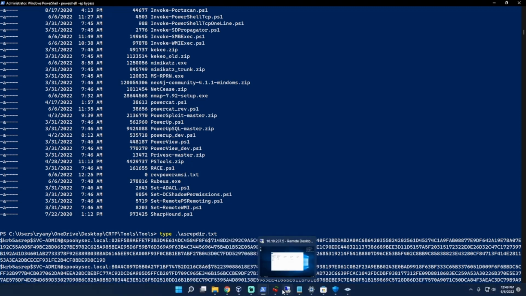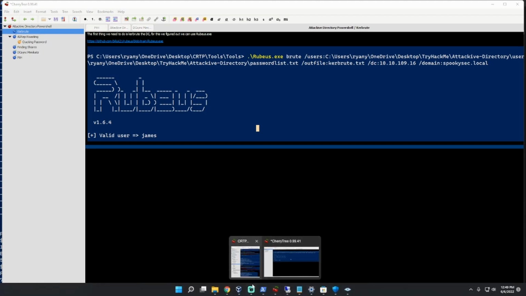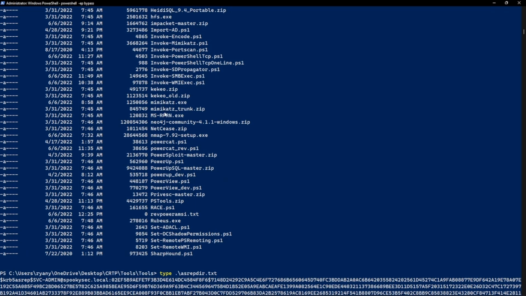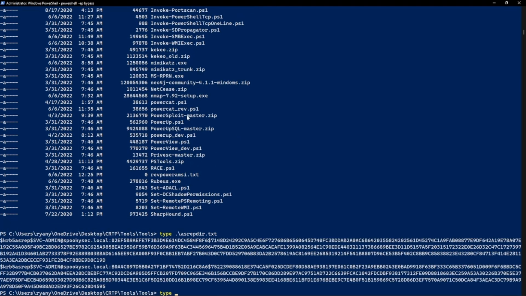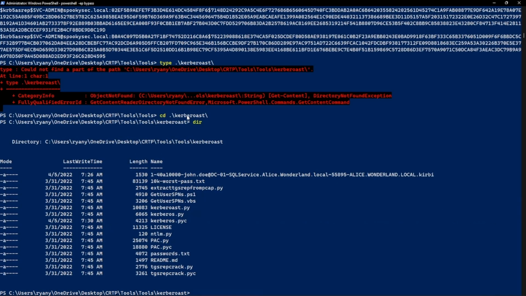Let's go ahead and look at what I called it. Let's look at my folder over here. I did stop it though, so I want kerbrute. Yeah, so it should be in the K's. I did stop it though, so that might have messed it up. Type kerbrute. Okay, so nope, it's not in there. Okay. What if I cd into the kerbrute folder? We get anything cool in here? Kerbrute.py, kerbrute, okay, so